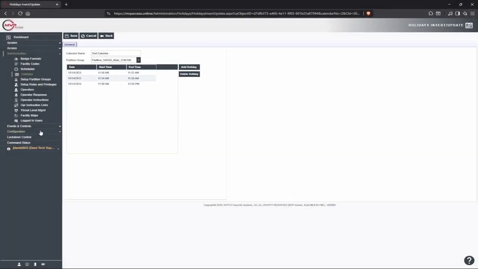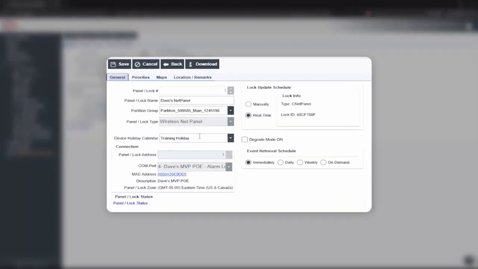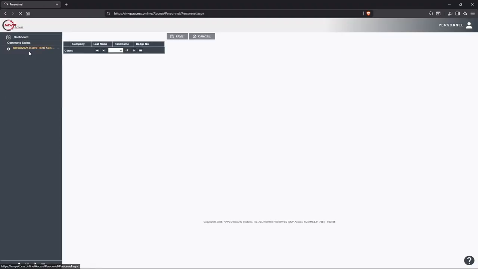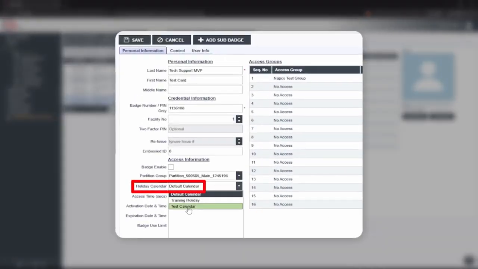You can see in this example, I have created a test holiday calendar, and just like in the previous example, I have created 3 events that will take place over the course of 10 minutes. When applied to a lock that is using a free access calendar that is currently in free access, my test holiday calendar will take it out of free access for 2 minutes and then put it back into free access for 2 minutes and then repeat the process a couple more times. You can do the same thing with your personnel. Assign the holiday schedule to your test card and verify that it stops working during the times designated in the